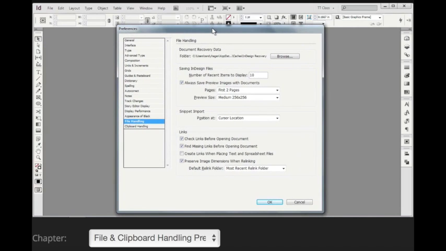We'll just leave it at the setting. Beneath that, we have the ability to always save preview images with documents. Basically what this means is that we have a proxy view that we can see when we're working with Windows Explorer, as we're dealing with the Windows platform, or we're dealing with Finder windows when we're working on the Mac,